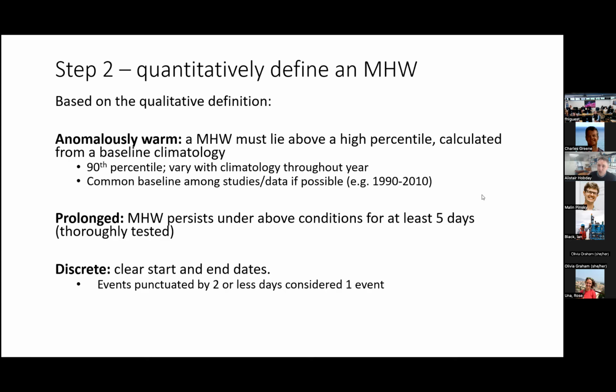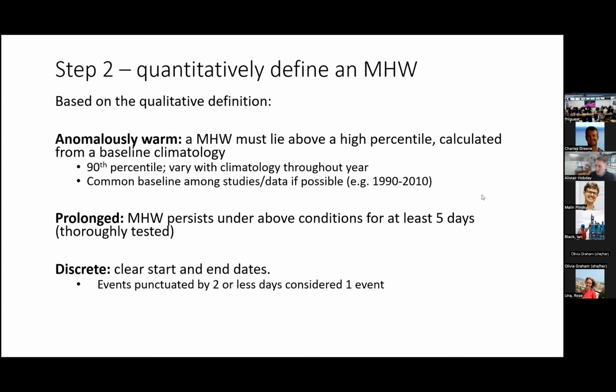The heat wave should last for a certain period of time, and the period we selected was 5 days. Again, that's kind of arbitrary. In the atmosphere, 3 days was being used as a definition of a heat wave, and the ocean has a slower response time and a longer memory. So we thought that heat waves in the ocean should be defined as lasting a little bit longer to distinguish them from heat spikes. And we tested that to see what was the difference if we used 4 days, 5 days, 6 days, 7 days, 8 days. And it's not very sensitive to that choice of 5 days. And so in some sense, 5 days is good enough.